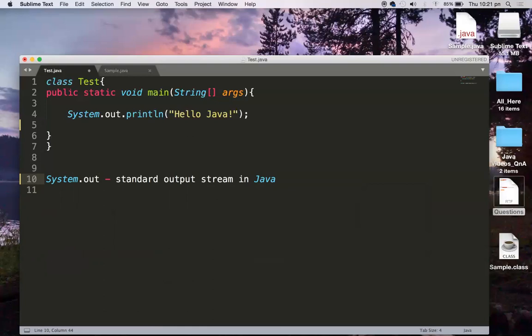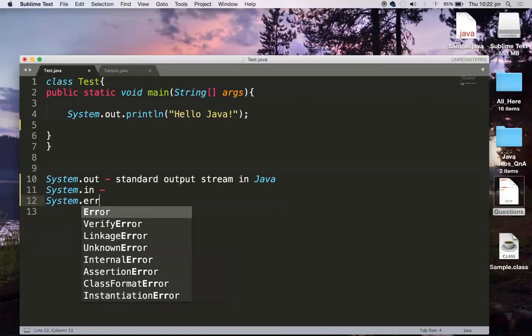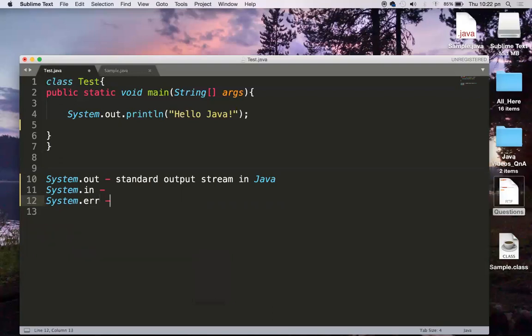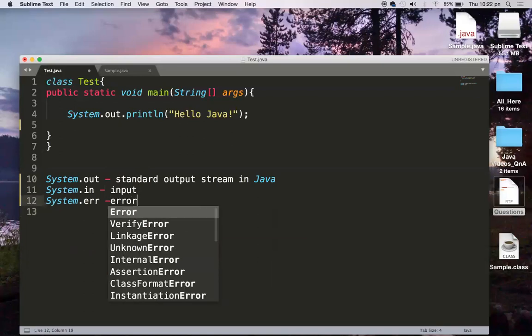In the same fashion, we have System.in, which is the standard input stream, and we have System.err, which is the standard error stream. So in is an input stream, and err is an error stream.